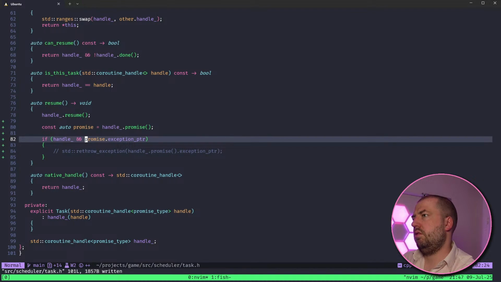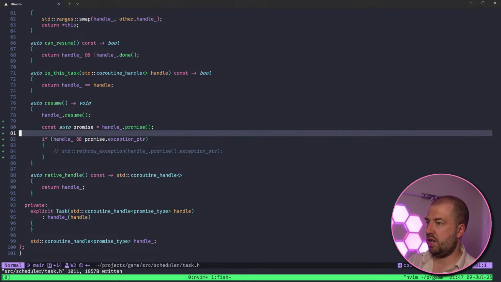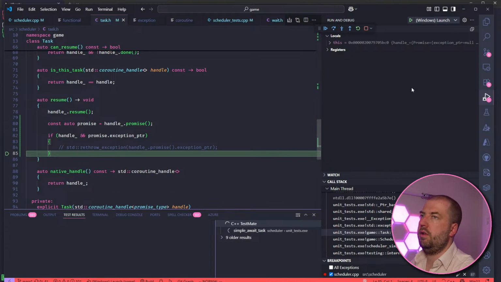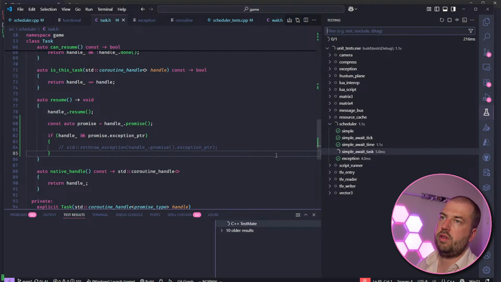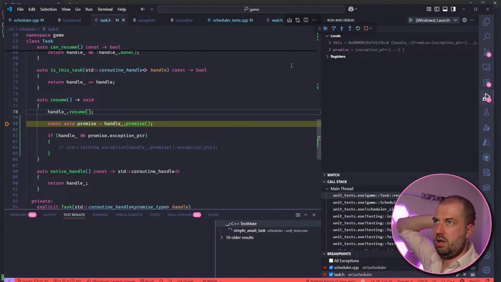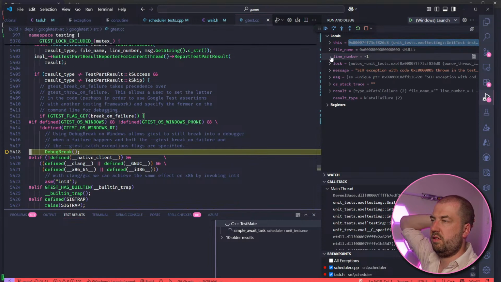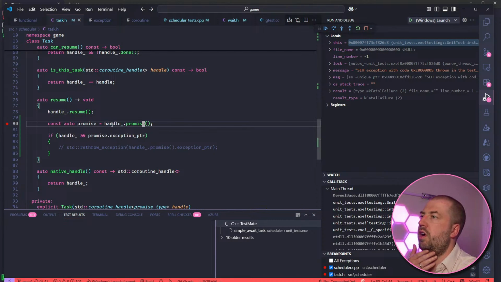Again, I don't think it was. I think it was crashing before that. But we'll definitely check now. So let's do tests. Let's debug this and see what we get to. Probably want to put a breakpoint here. Okay, so step over this. Oh yeah, it's definitely that. It crashes on promise.